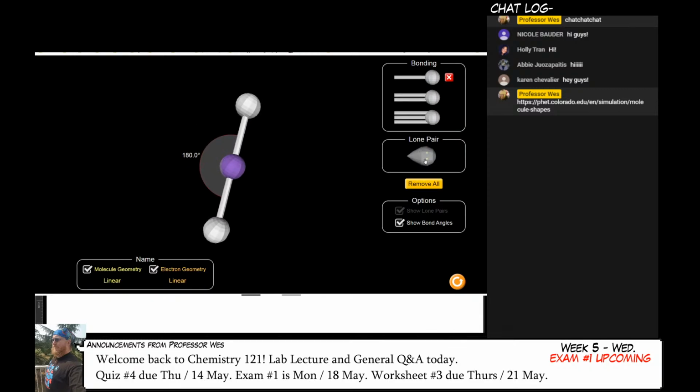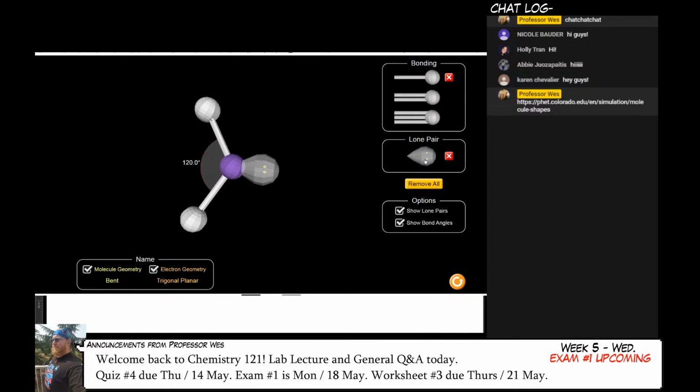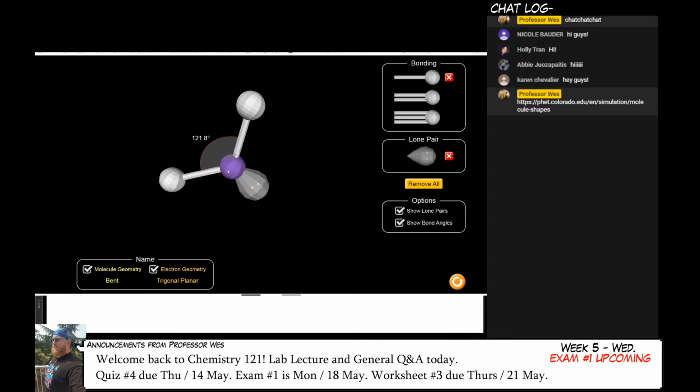Now there is this button right here. This button is the lone pair button. When you add the lone pair to your molecule, it occupies a space. So this still has 3 electron groups around it, the lone pair and then the 2 bonds. And you can drag this however you want to as well, and it will repel from all of the